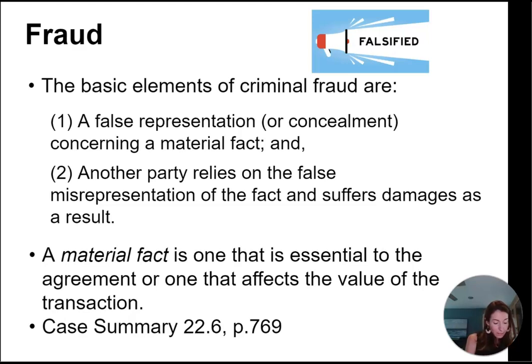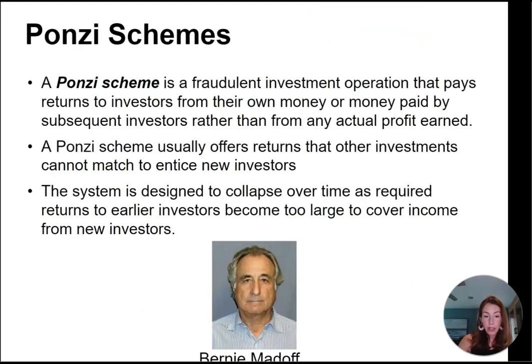Okay, so we know that this former dean was charged with fraud, right? Because he made this false representation concerning material facts, right? So information regarding the business school, and other people, students, relied on the false representation and they suffered damages. But why wasn't U.S. News and World Report on the hook here? They didn't make any effort to audit or otherwise verify the truth. And the reason is because this dean had this intent, right? Knew that this information was false and made these false representations, right? The magazine didn't have this required intent, so was not on the hook for fraud.